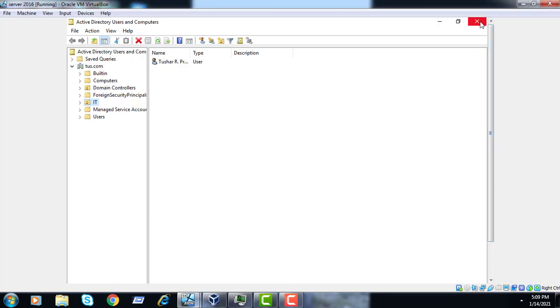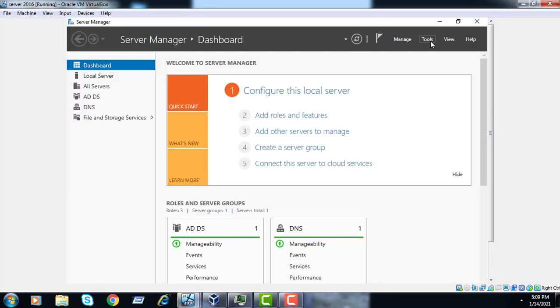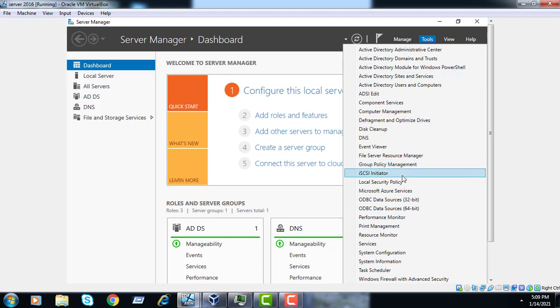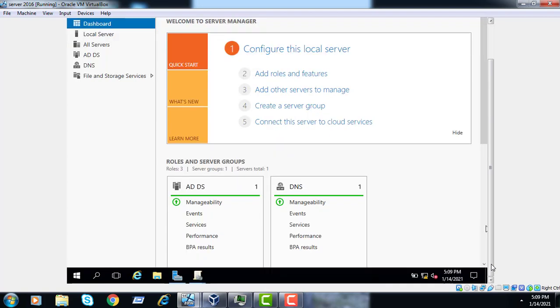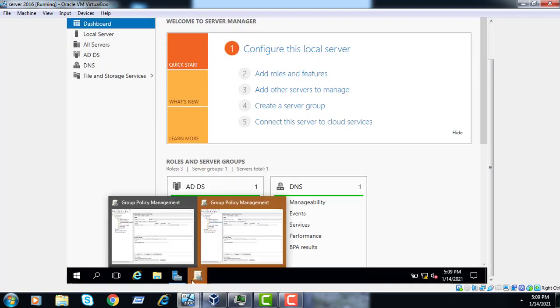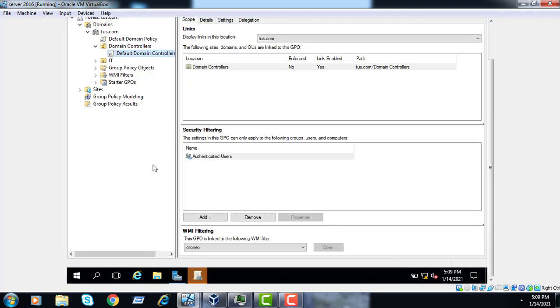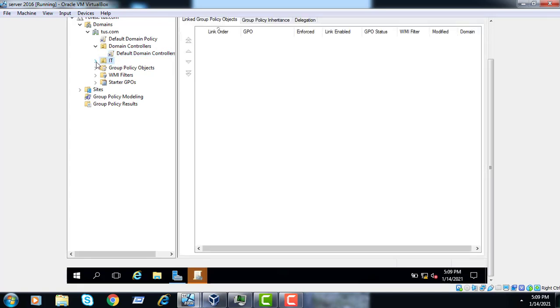First close this, go to Tools and Group Policy Management. And you can see the Default Domain Controllers Policy, and here is IT, our organizational unit.